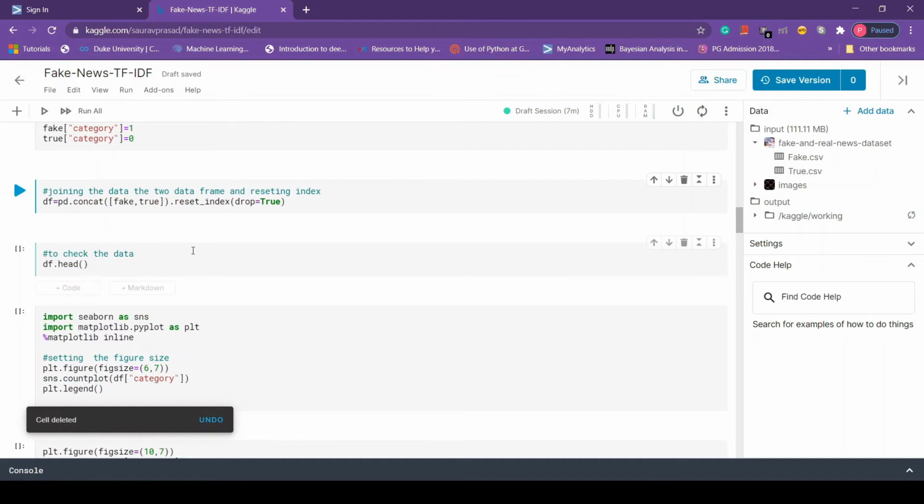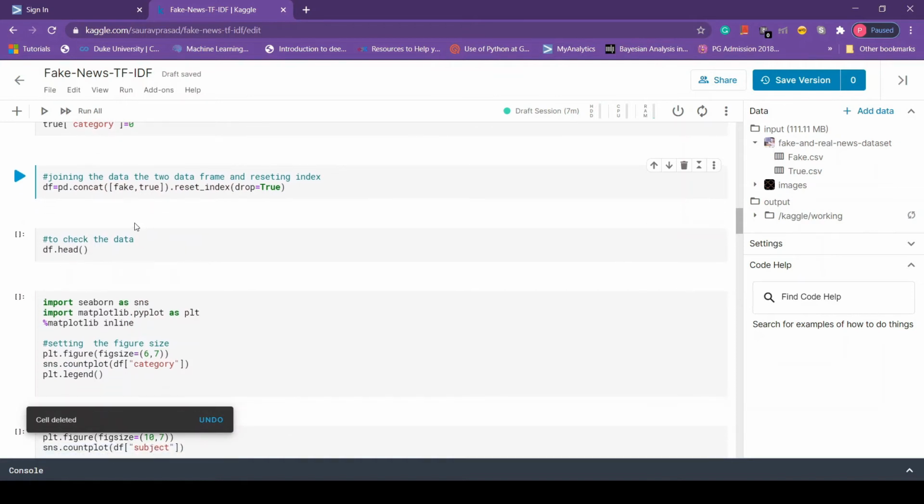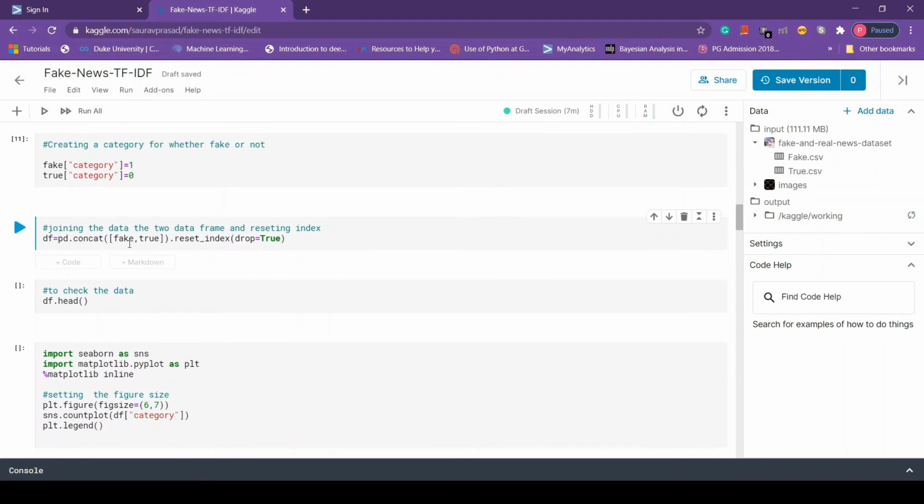Now once we are done creating the category column, it's time to combine these two datasets. To do that, we use the concat function from pandas. So we pass the list of data frames in it and reset the index. We have to reset this index, and if we don't do that, we get repeated indices, which may cause problems in future.